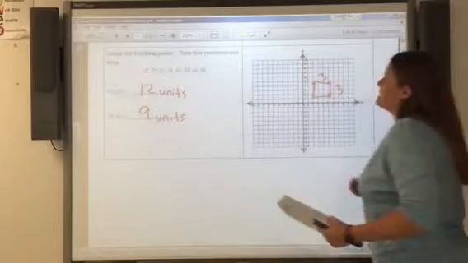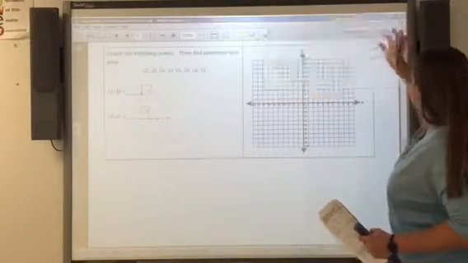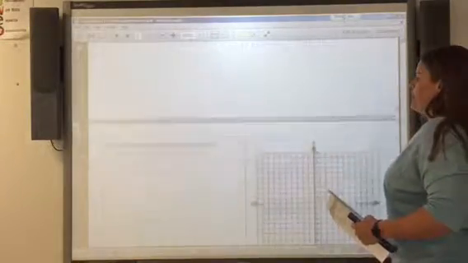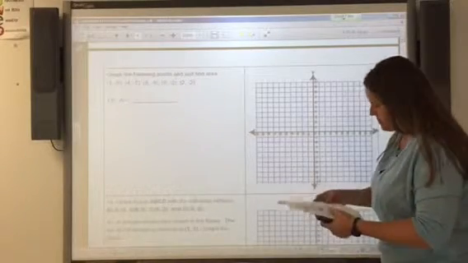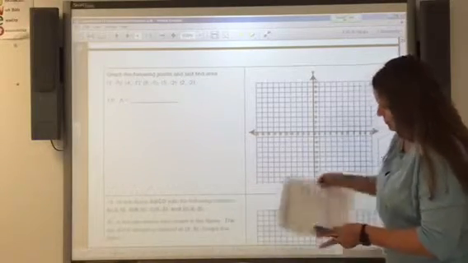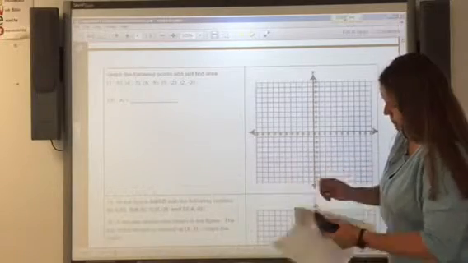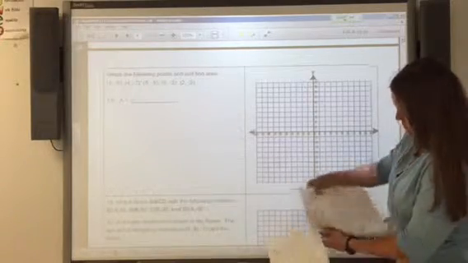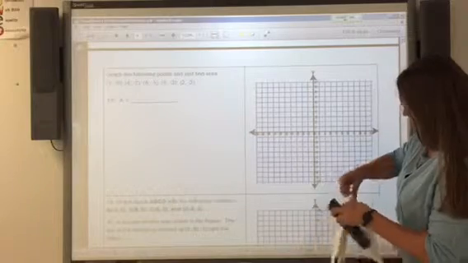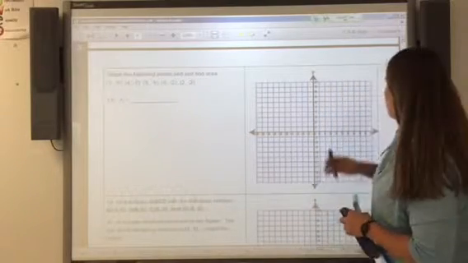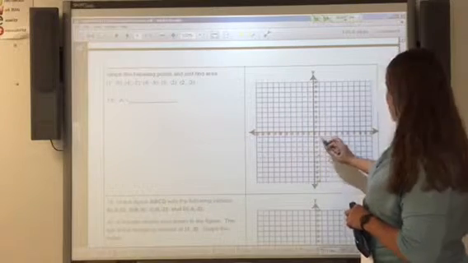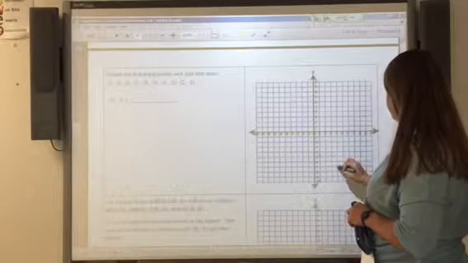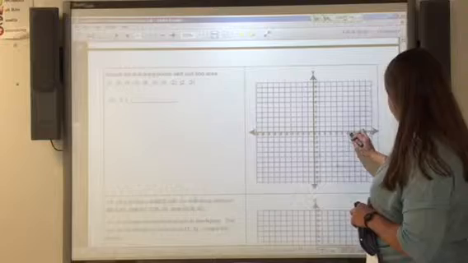All right, next problem. This time we're graphing the following and we're just finding the area. So we have (1, -5), (4, -7), (6, -5),